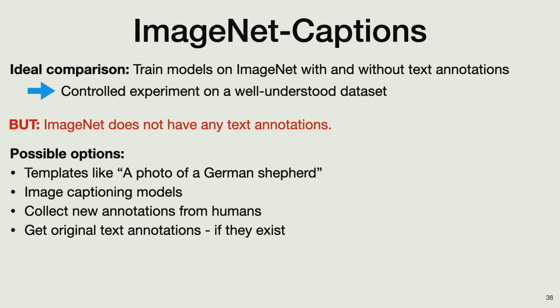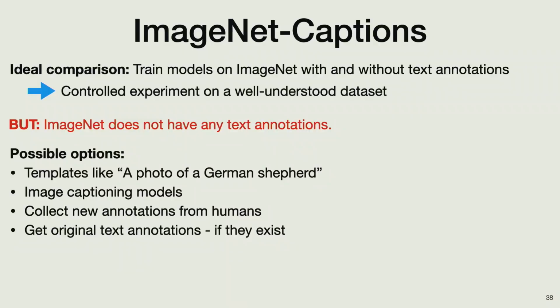Another way to get more variety into these captions would have been running image captioning models, right? This is a task people study in vision and language. Here's an image, write a caption. The problem is then you're bringing in all these biases from the image captioning model, so this is also not super controlled. More work, but possible, would have been to go back to mTurk and show the images to mTurk workers and ask them to write a description.